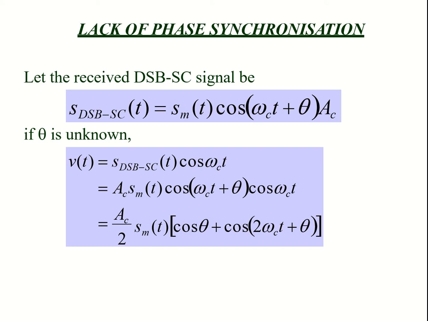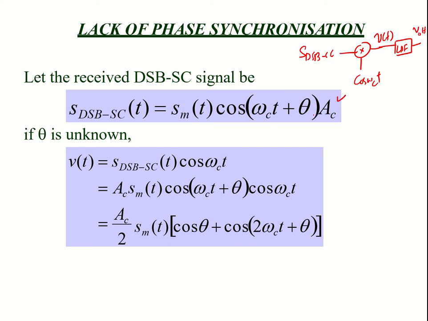Let's say that we have the double sideband suppressed carrier signal, which we can write like this. So we have a message signal and we have a carrier signal. This is the general form. In the demodulation we multiply with this carrier, and then here we will get V of t output, and then we pass it through a low pass filter and we get this output.